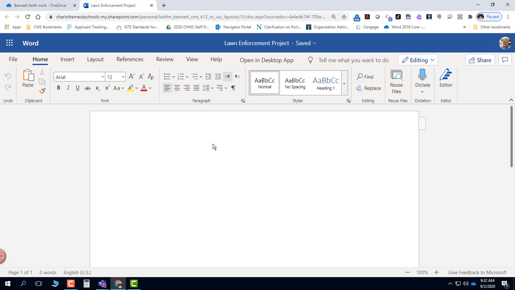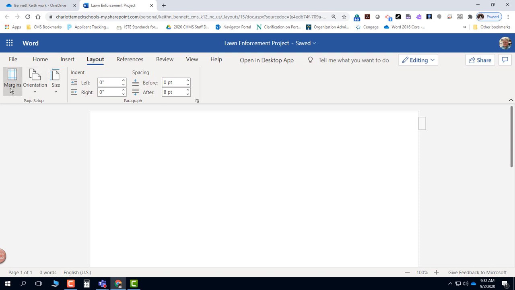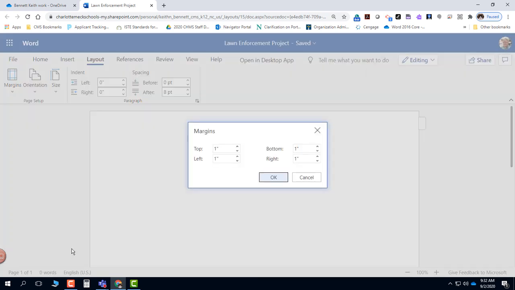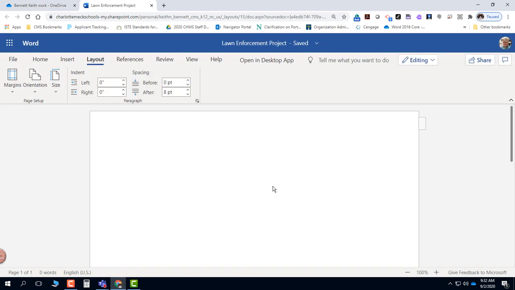Now, the next thing you need to do is to change your top and bottom margins to 1/2 inch. So to change your margins, you'll go under Layout and click Margins. You want to come down here and select Custom Margins, because what we want to change our margins to is not one of these predefined sets. So we'll select Custom Margins. And again, we want the top and bottom margins to both be 1/2 inch, which is 0.5, 0.5. So when we click OK,